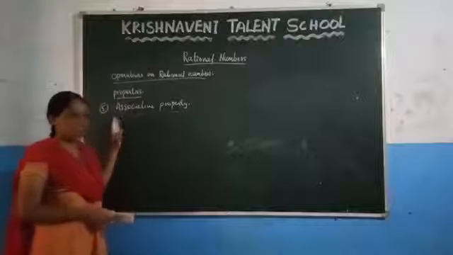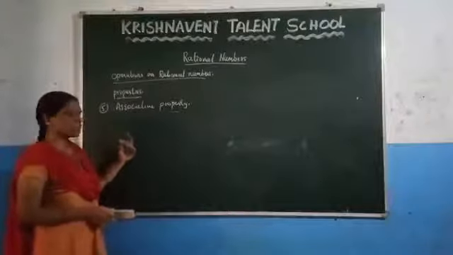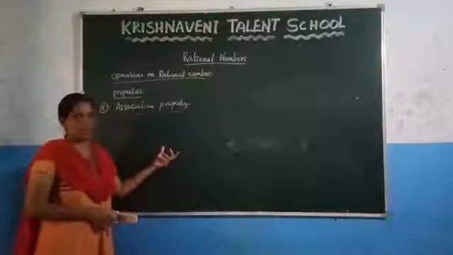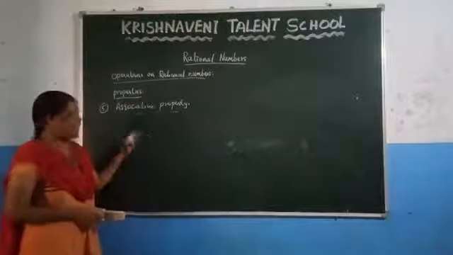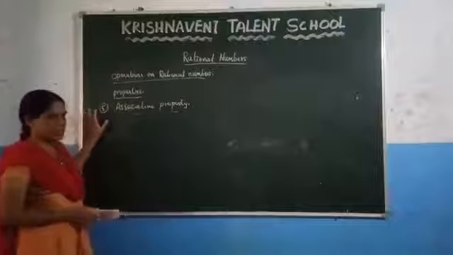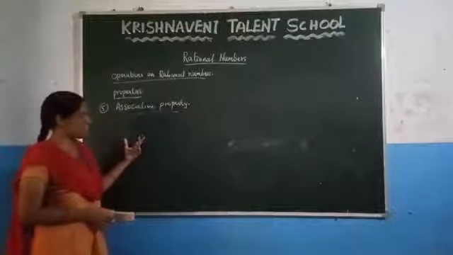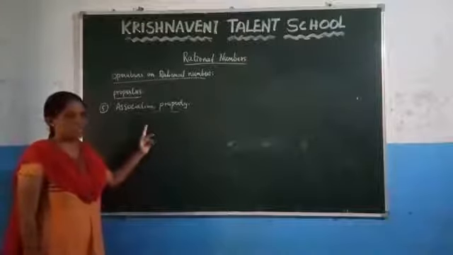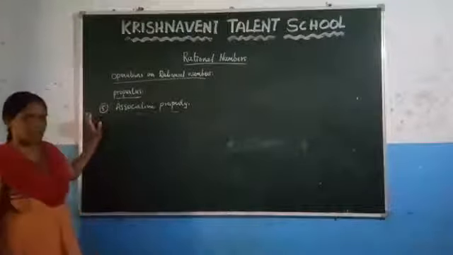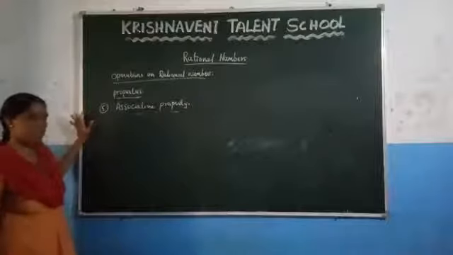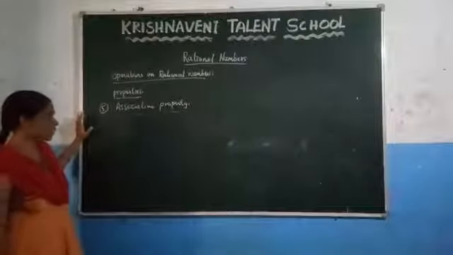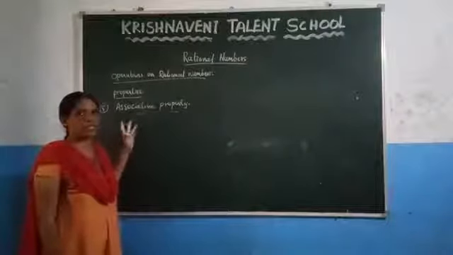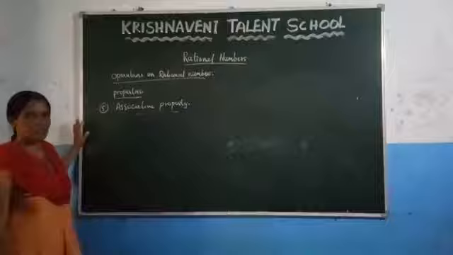And the next one we discussed is the role of zero. The role of zero is that if you consider any rational number and add one number such that you get the same number as the result, that number is 0. And after that we discussed multiplicative identity. It states that if you multiply a rational number by one number such that you get the same number as the result, that number is 1. We call that the multiplicative identity. And after that we discussed the commutative property. It says that if you consider any two rational numbers and change the order, the result is also the same. That we call the commutative property.